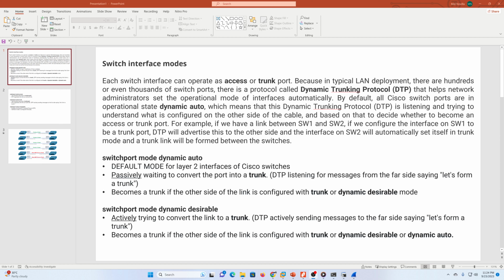So we will discuss the different modes of Cisco switch interface. Each switch interface can operate as an access or trunk port, because in a typical LAN deployment there are hundreds or even thousands of switch ports. There is a protocol called Dynamic Trunking Protocol, or DTP, that helps network administrators set the operational mode of